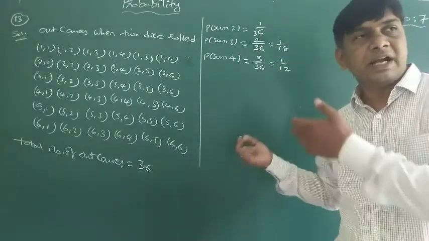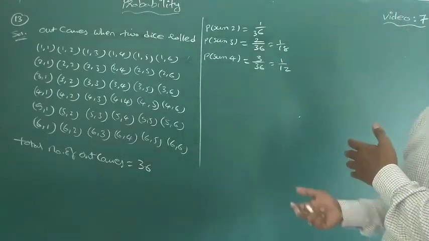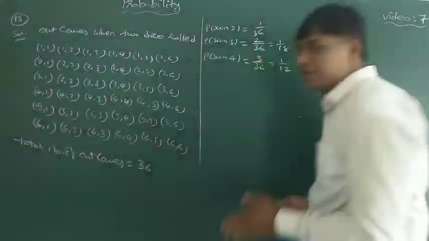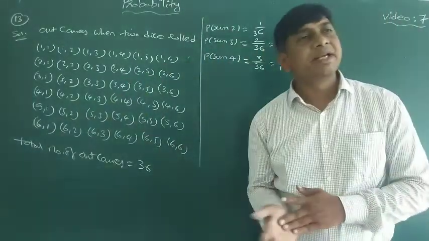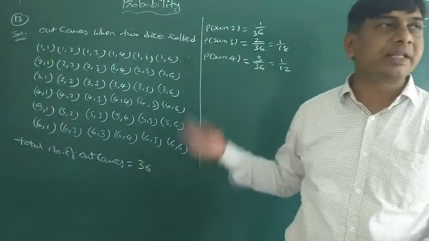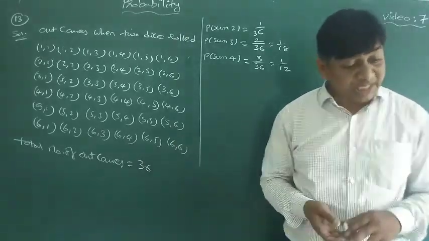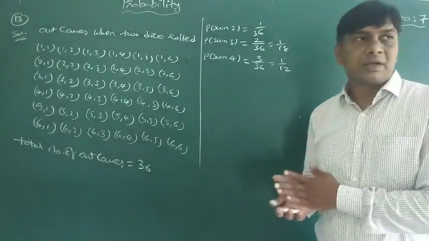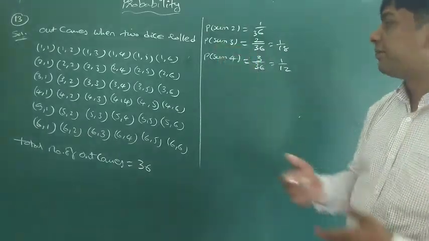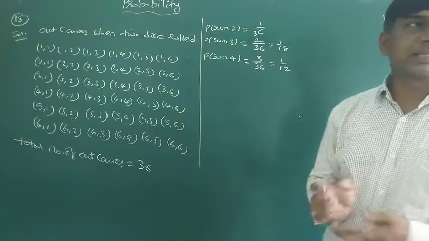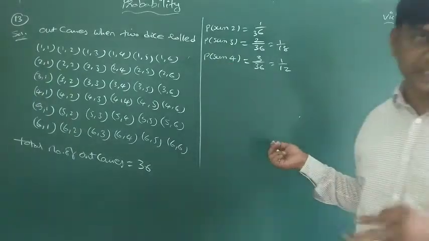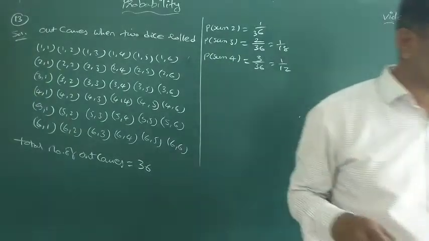6 by 36, and again 5 by 36. Sometimes it is increasing, till here it is increasing, and again from here onwards decreasing order. So every time the probability will not be the same. So I don't agree with the above result. I don't agree that the probability every time is 1 by 11, as they have given. I don't agree with the student because in the above condition, the probabilities of the sum of the two dice are different in different cases. That is the reason you have to write down. Okay.